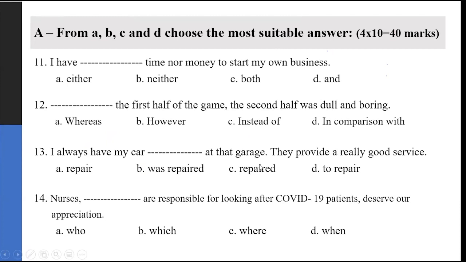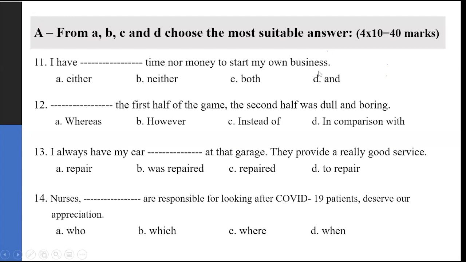You don't have to answer, just read the sentence for me, please. Yes, Modi. You chose neither because it has nor. Yes, thank you, Modi. The sentence says, I have time nor money to start